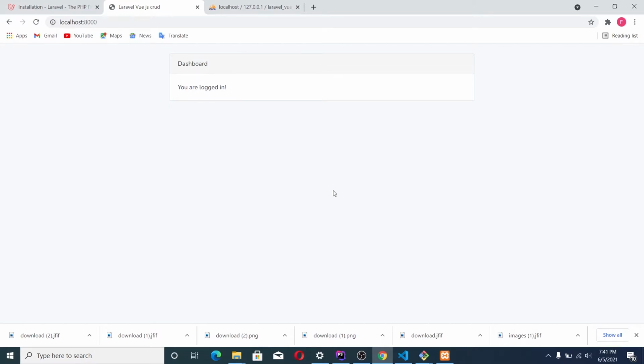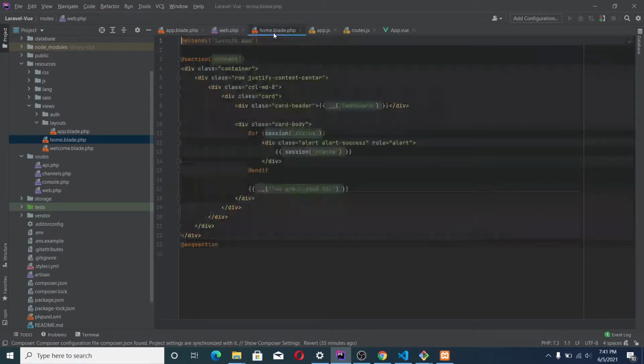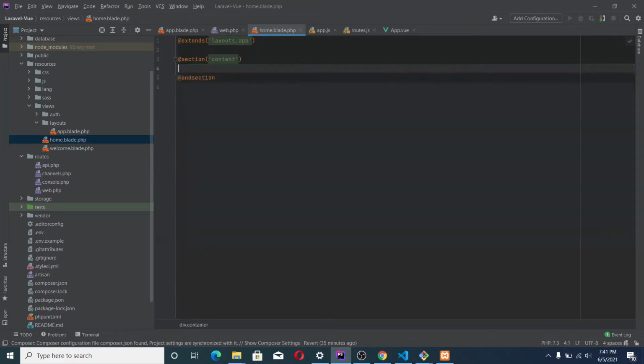Okay, alright, so we are now going to start making changes here. I don't want all of this scaffolding that Laravel gives us. Let me just delete it. All I want to do is pull in our components.